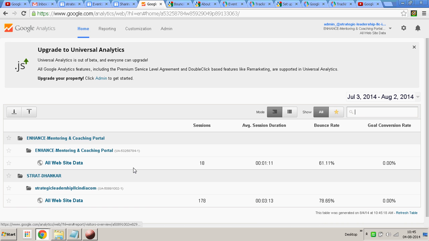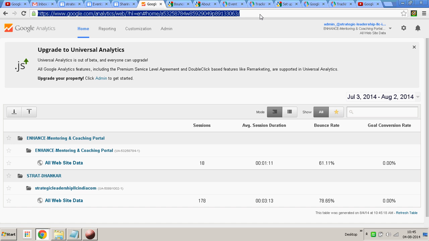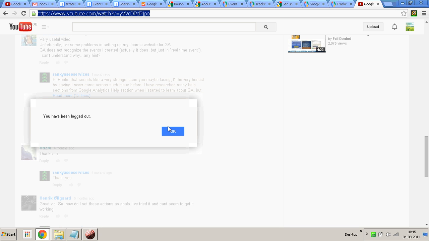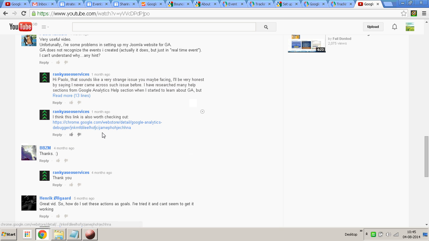Okay. Yep, this is the one. So one says enhanced, the other one says strat. Which means I probably haven't set up the code for my particular property yet. So either I set up the code now, or I say let it be. We'll probably try and do that later. But if we do not set up the code, then I don't know how come these guys are saying that this will work out. It might not work out,